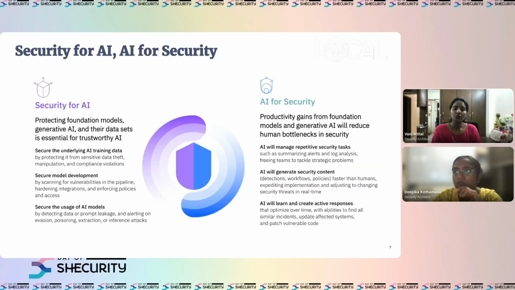And the short answer to that is that cybersecurity and AI missions must support each other. So cybersecurity concepts need to be applied to the various aspects of Gen AI. Now, protecting Gen AI systems requires us to look at three crucial aspects, which are mentioned on the left here under security for AI.